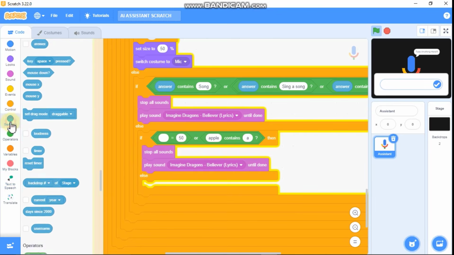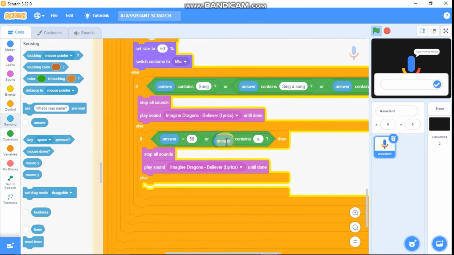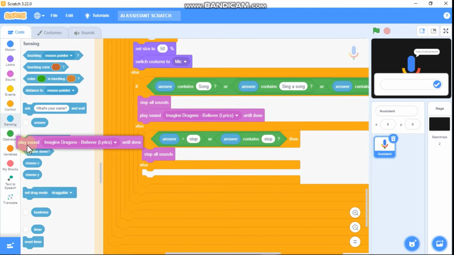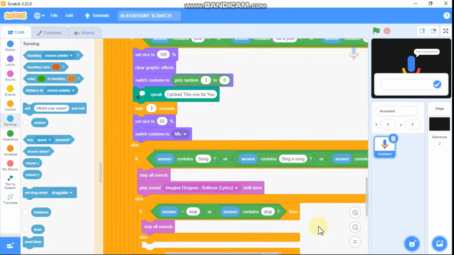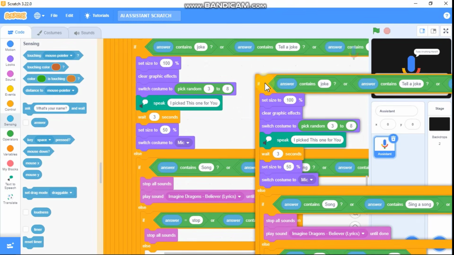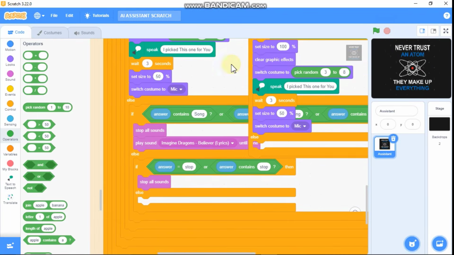So if answer is equal or contains stop, then we need to stop all sounds. And then duplicate this and remove this thing,